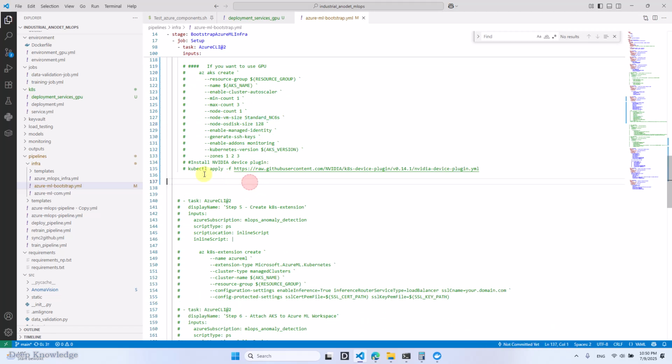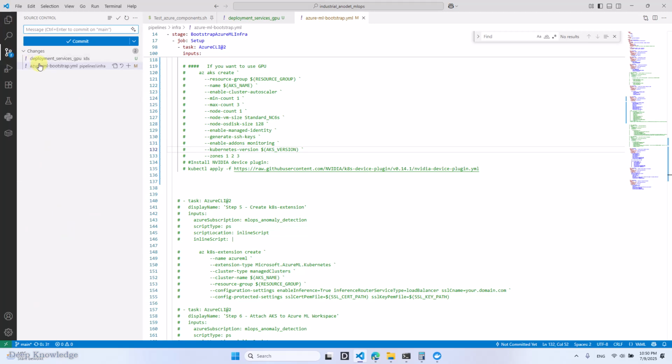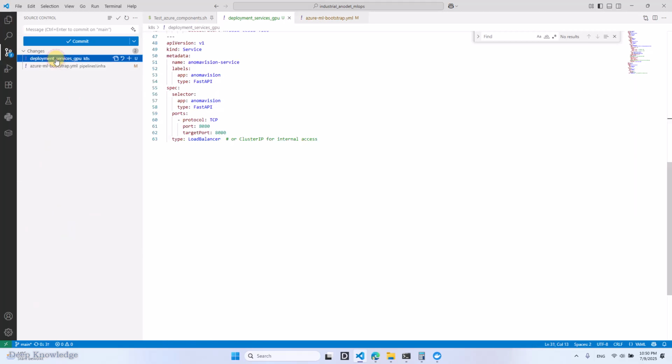And the next step is that you have to run this command, kubectl apply, and this will install, or add, the NVIDIA device plugin. And plus, the next point is you have to have